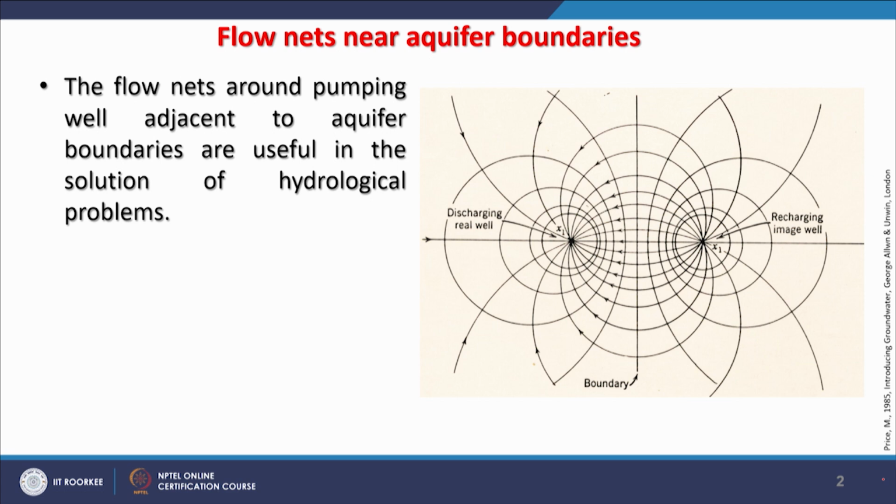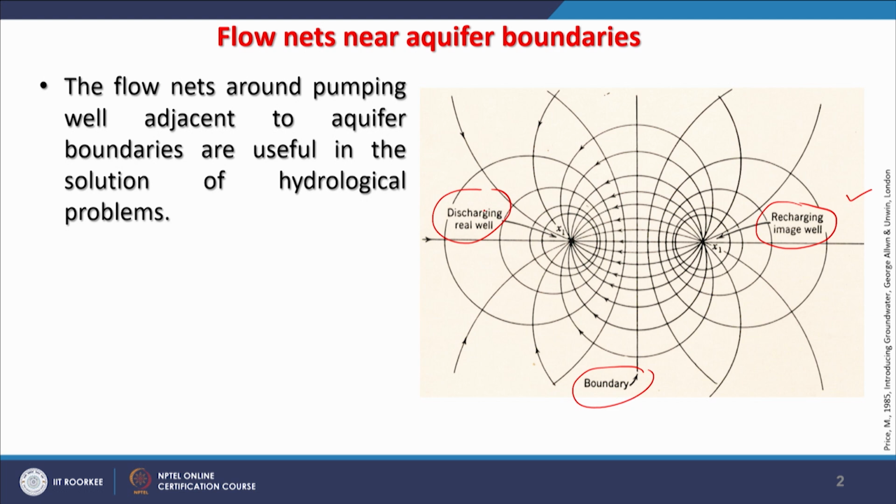So, we have also thought about the imaginary wells or image well theory, but here the scenario we are having is two wells. One is the discharging well from where the water is being taken out, and another one is the recharging well where we are recharging, and this boundary is assumed here like this. So, in the previous discussion we had an inverted cone of depression, that is a cone of buildup. Similar thing is here: recharging will develop a cone of buildup and this discharging well will develop a